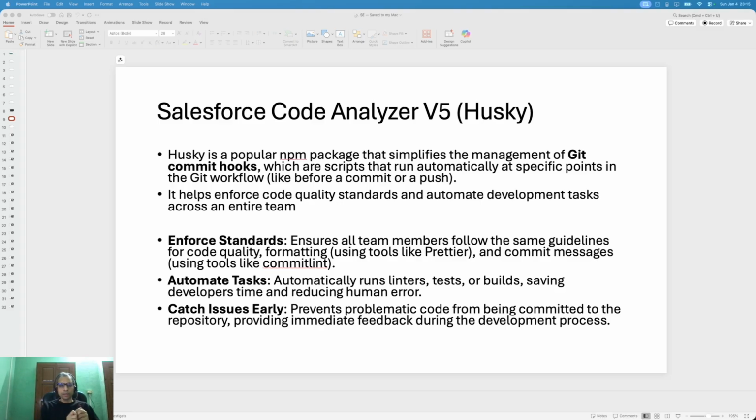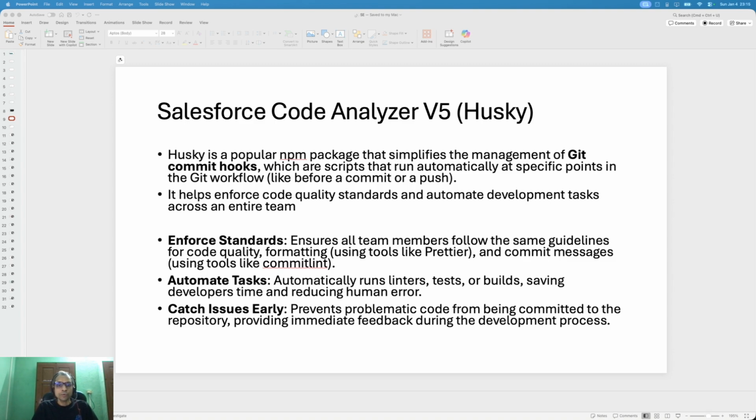And since I know that we are changing only two files, ideally we should scan only those two files, right? Because the rest of the code is already scanned as part of the Code Analyzer. So whatever I'm changing, I quickly want to validate whether those two files have any issue or not, right? So we can achieve it through the hooks, and for that we need to use Husky,